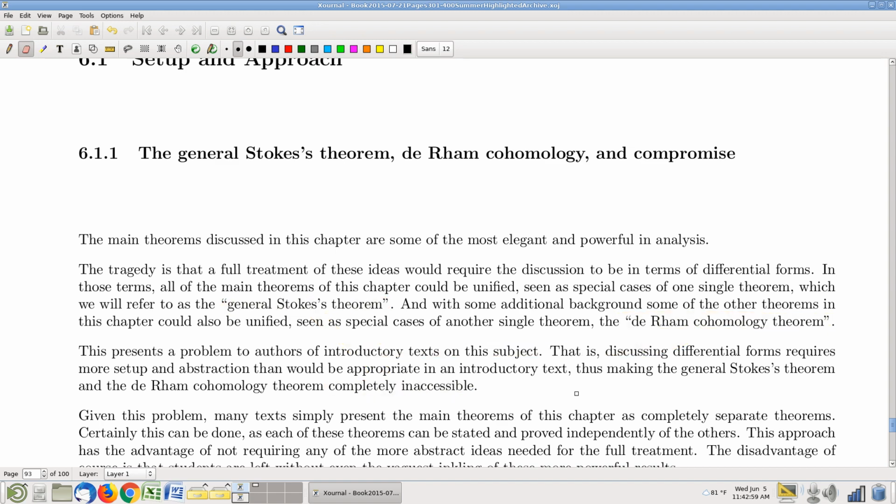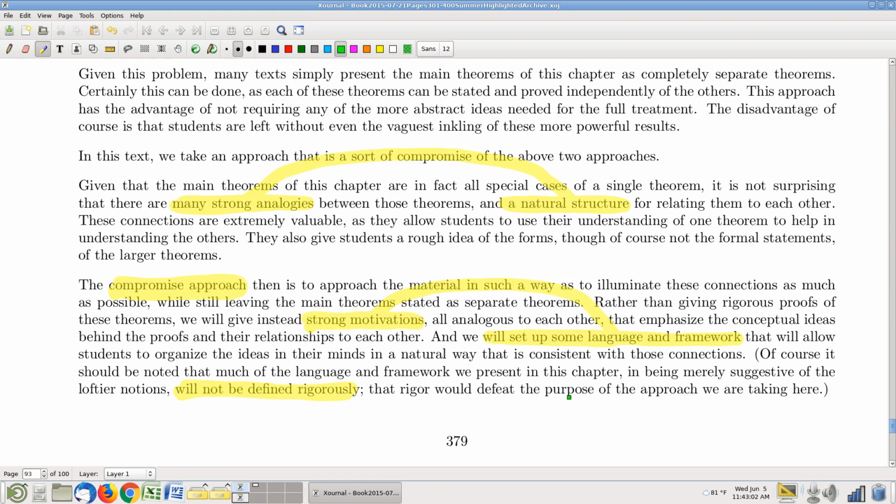Okay. All right, so what are we going to do about that? Well, one thing we can do, and what a lot of textbooks do, is just not talk about that structure, not talk about the unification of these individual theorems. A lot of textbooks present the various big theorems in Chapter 6 as independent, separate, distinct, unconnected, unrelated theorems. And you can do that, and it's fine, and it's true, but it misses out on a lot of really amazing opportunities. The fact that these theorems are all special cases of the same big unifying theorem has